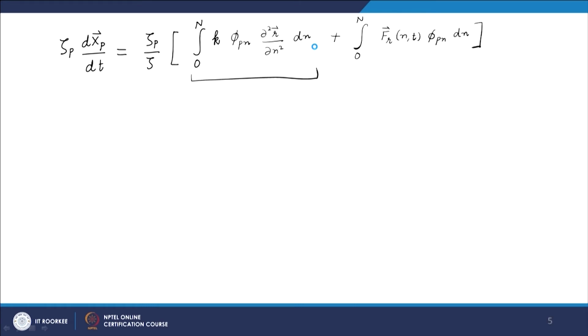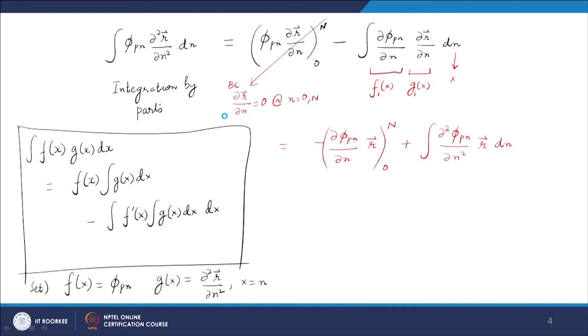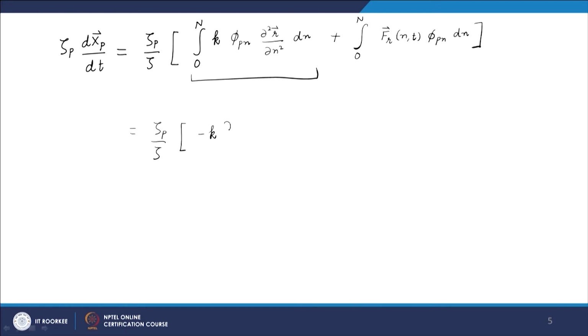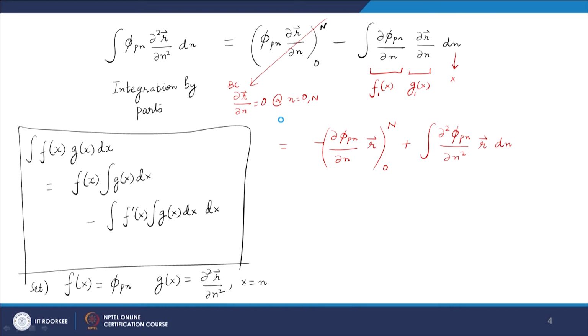So, we have this equal to zeta p by zeta into minus k multiplied by dou phi Pn by dou n r, and this goes from 0 to n, and the second term is right here